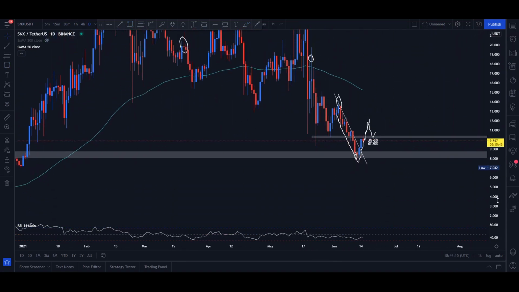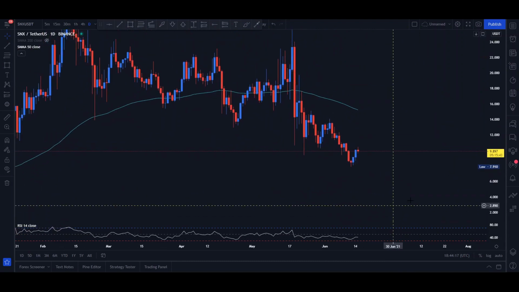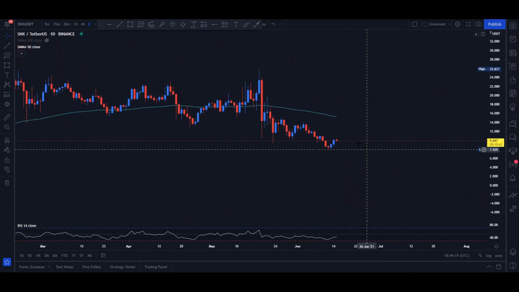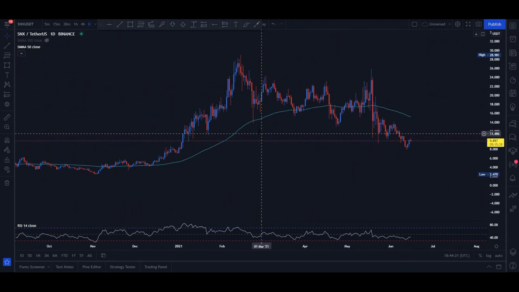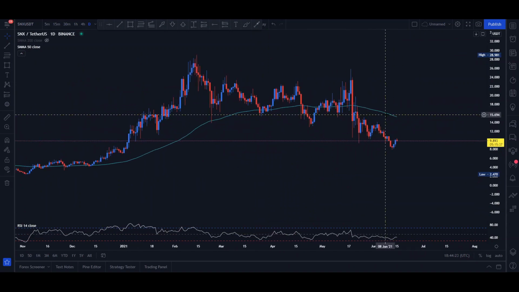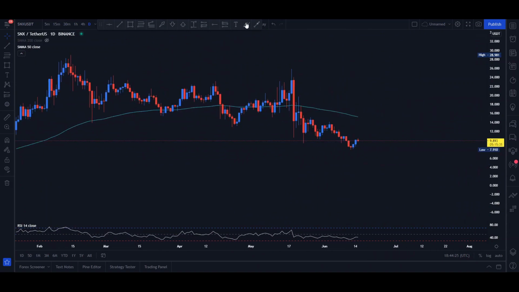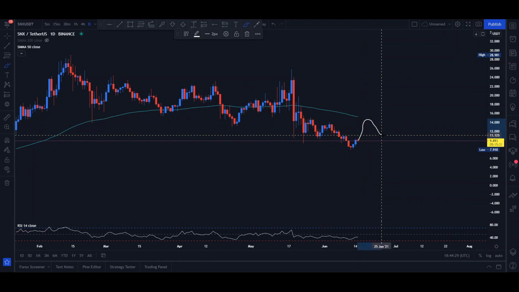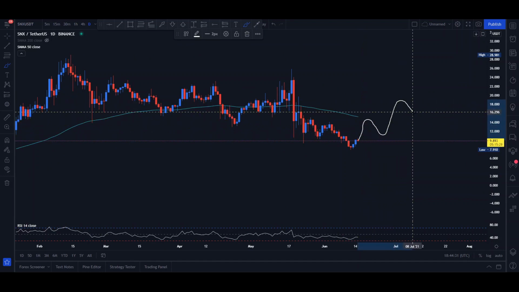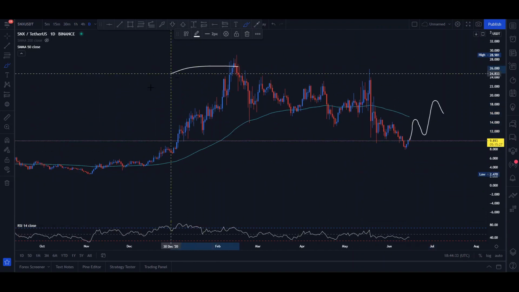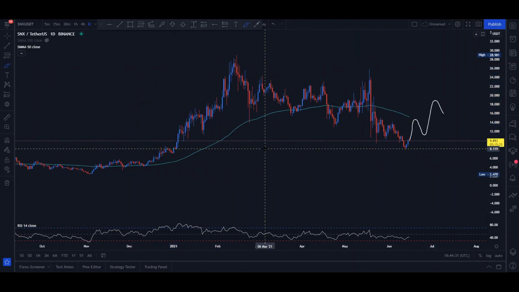Now, if we go back to the daily time frame and remove all of these drawings, we can see a clear picture. And we can see that since the price has respected this 50-period moving average for quite some time, we can expect a realistic target of this in the short term and possibly a retracement. But as long as we continue with higher highs and higher lows like we have back here in this bull run,